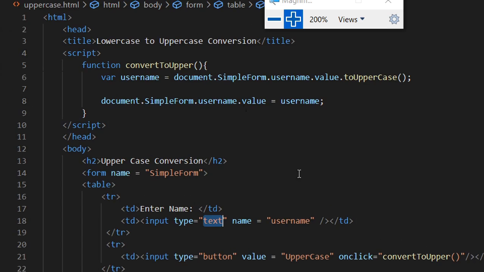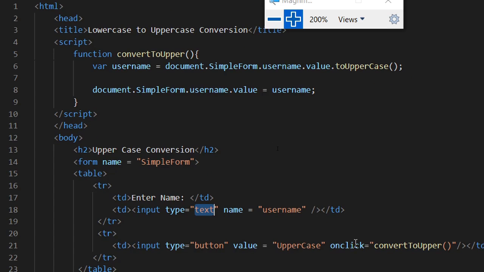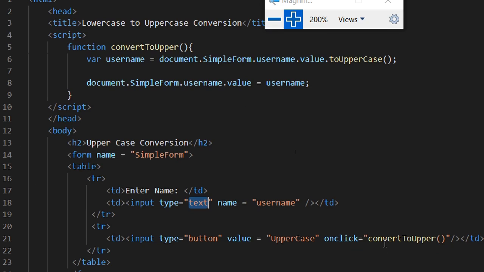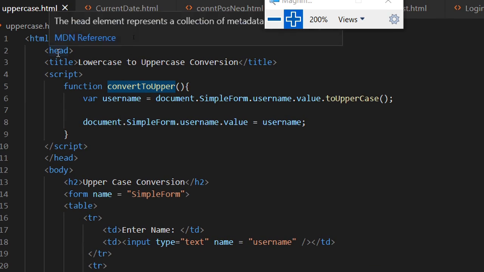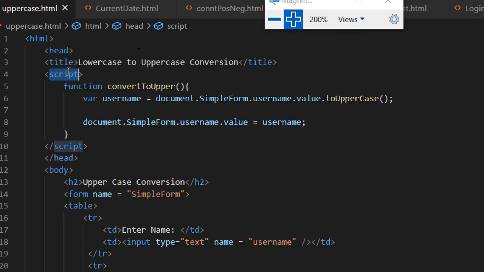As soon as you click on the button, it will move to the convert to uppercase function. For the JavaScript code, we have to write it inside the head tag, and we have a script tag for JavaScript. Inside we have created a function convertToUpperCase. I am using document here.